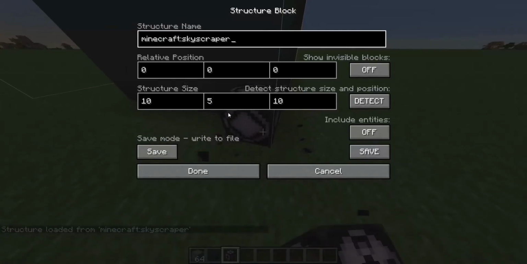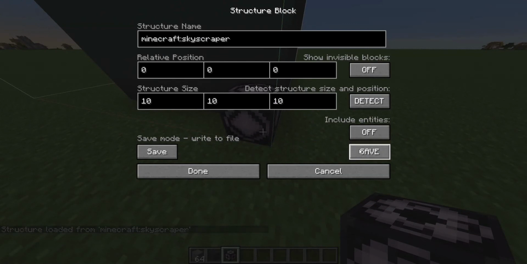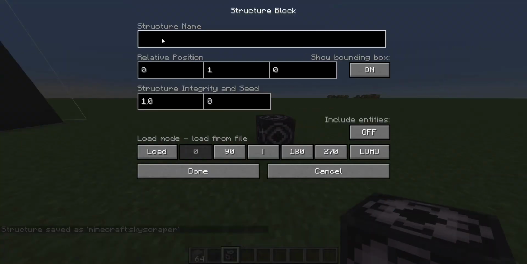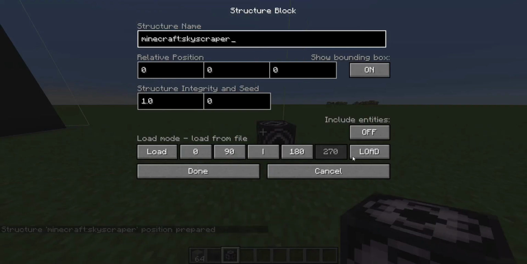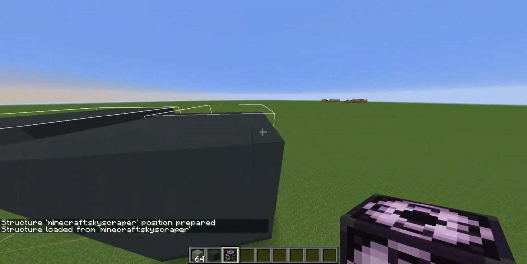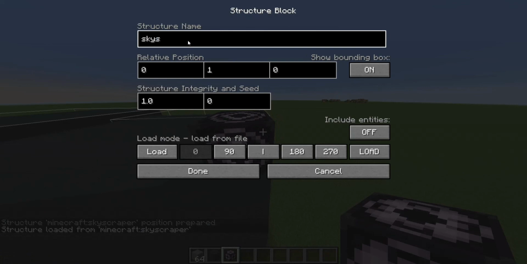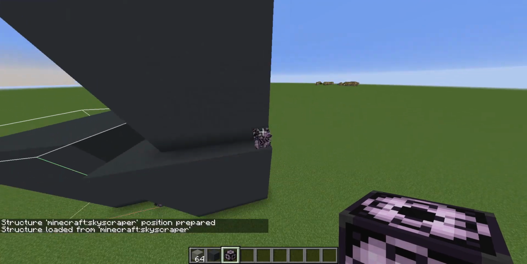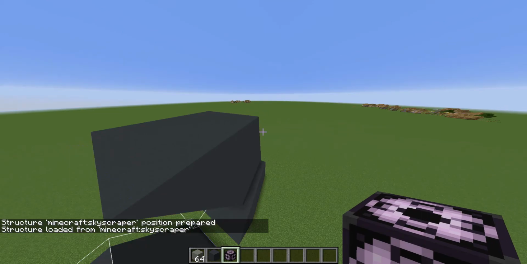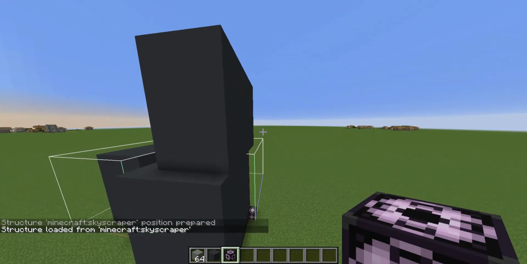And just like that, you can just keep on cloning it to the top. Same thing goes if you want to just select the whole structure and want to paste it somewhere else. You can also rotate it, and just like that. Now you can add structure blocks up here. Oh, and that's not right. That's not right at all. Oh, well, you can just do this and